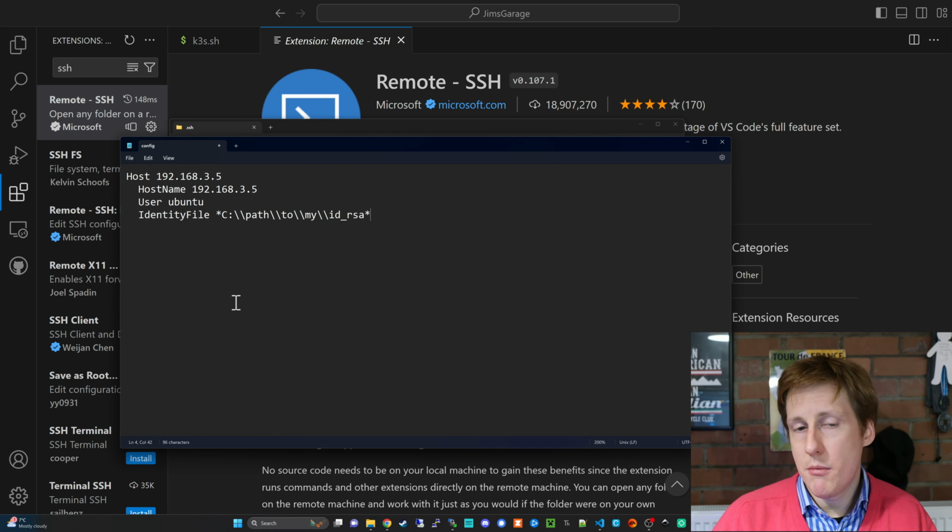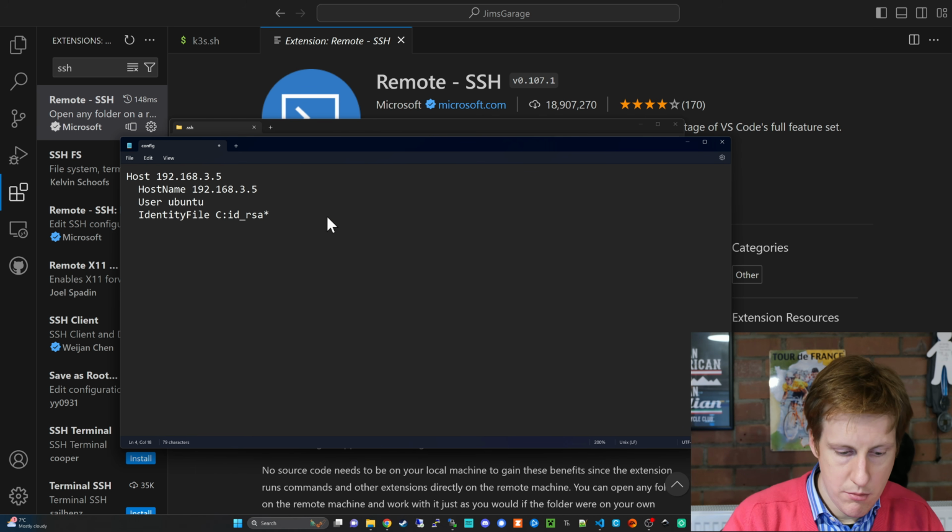And thankfully, the command we need looks like this. It's simply IdentityFile and then the path to the certs. Now, if you remember in a previous video, those are the id_rsa if you followed my videos, but you can specify any certificate file that you used here. So in this instance, I need to change this, and I'm going to put